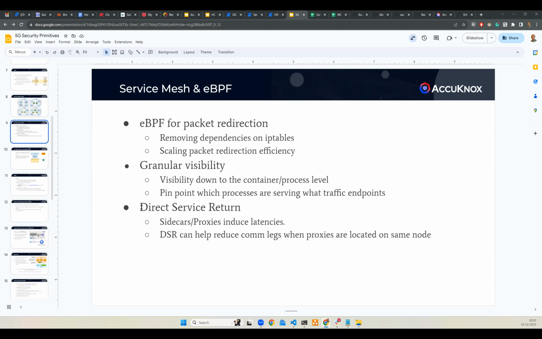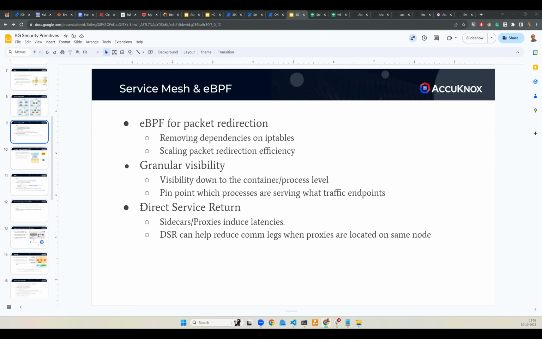Again, I'm not a big fan of this kind of architectures because having symmetry is important, though the performance benefits are surely there. One of the primary reasons why all these things are getting discussed in the service mesh community is because the performance impact of service mesh on the overall traffic latencies is extremely high. What I hear is 20 to 30% impact. Some of these technologies can certainly bring down that impact to maybe less than 10%.